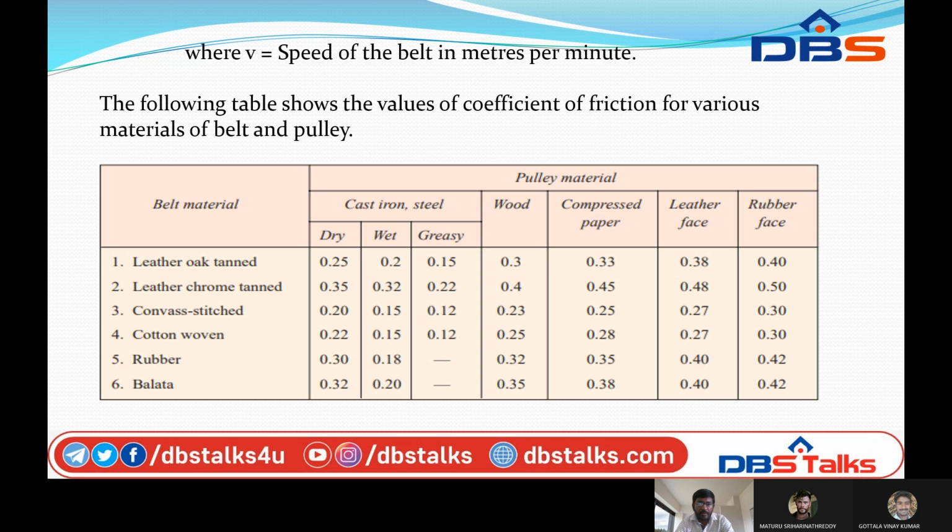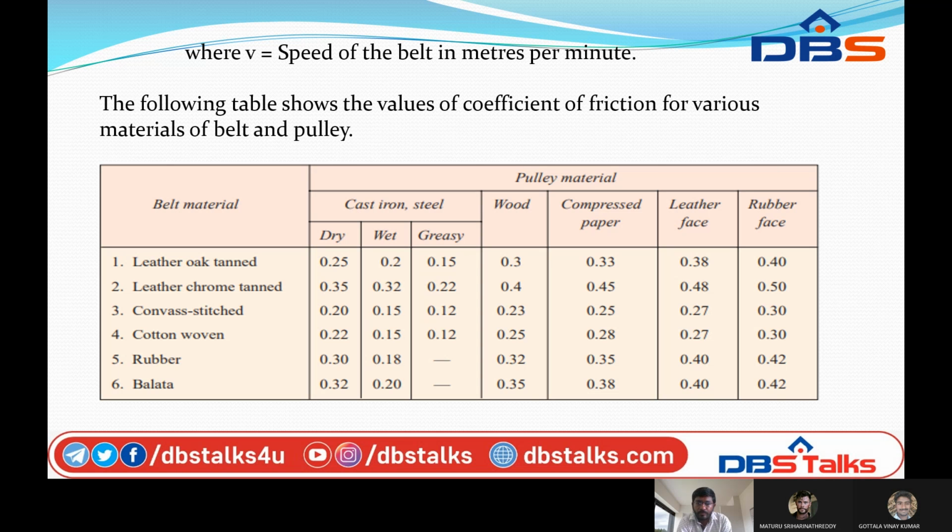Next belt material is cotton woven. The pulley materials are cast iron or steel: dry 0.22, wet 0.15, greasy 0.12, wood 0.25, compressed paper 0.28, leather face 0.27, rubber face 0.30. For the belt material rubber, cast iron or steel: dry 0.30, wet 0.18, greasy not needed, wood 0.32, compressed paper 0.35, leather face 0.40,